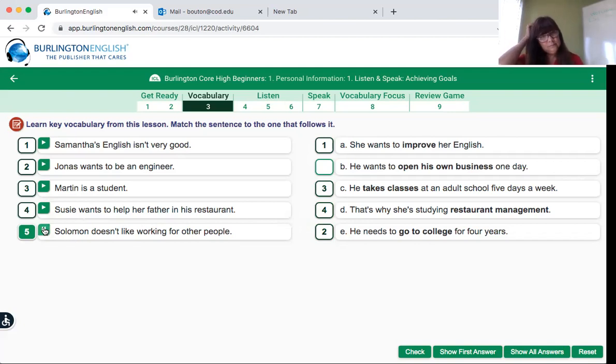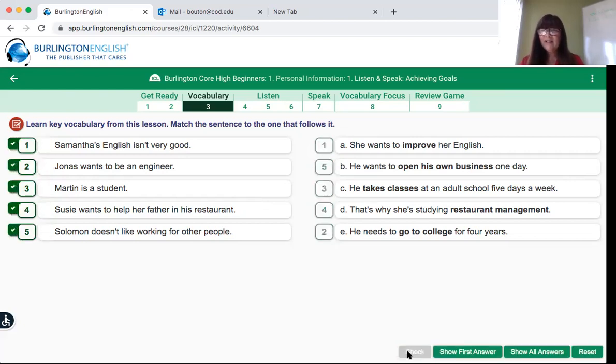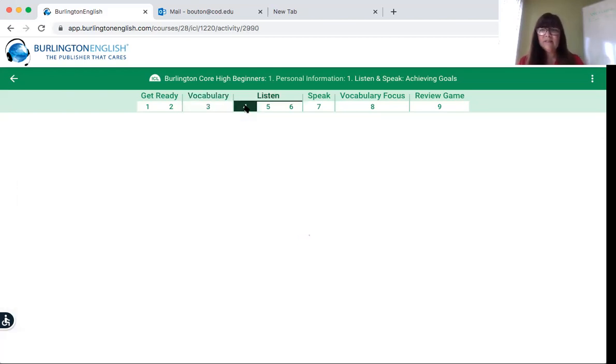Solomon doesn't like working for other people. He wants to open his own business one day. Okay, so now let's check to see if we did this correctly. Yep, all green. Now we have some listening exercises.